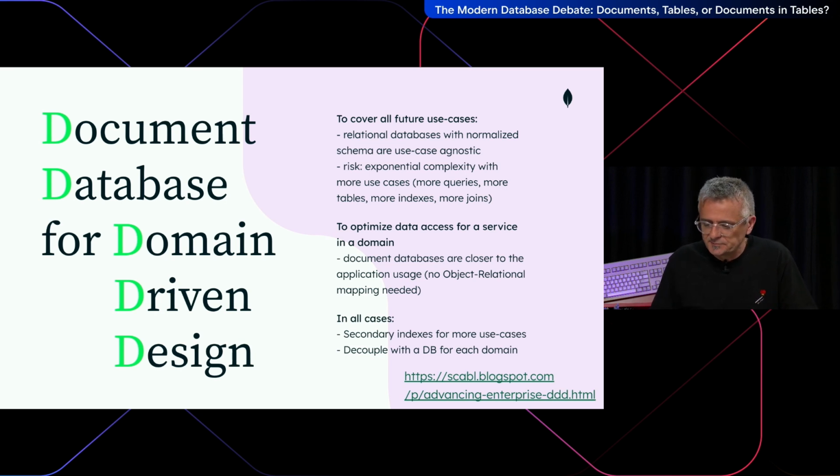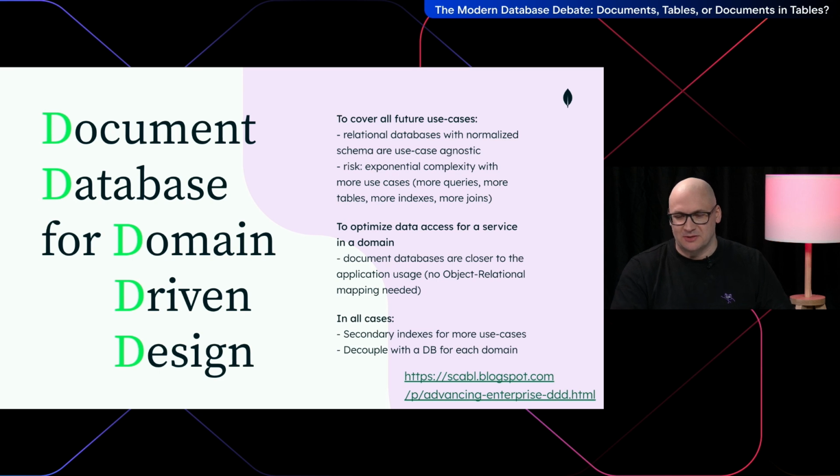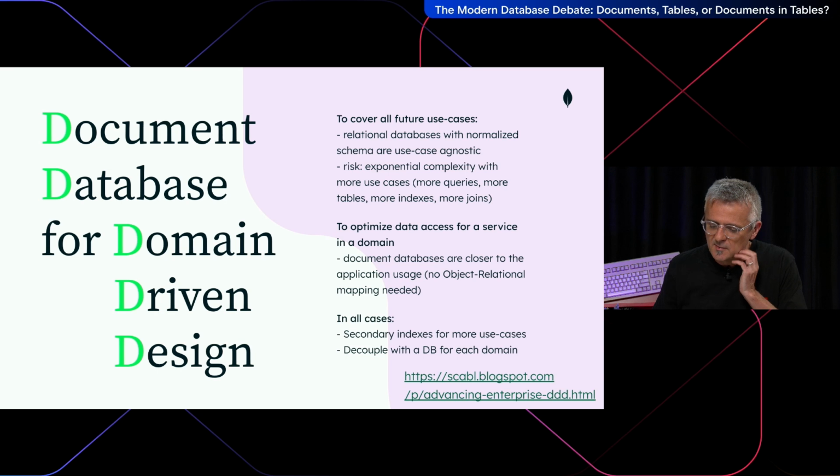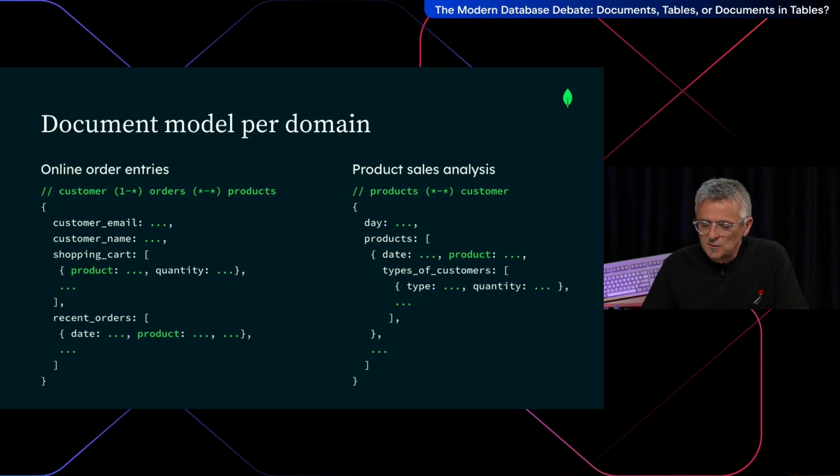just store the documents as they come in the domain. Interestingly, we have a comment in the chat exactly about this. It popped up a few minutes ago that in DDD terminology, you would have one document type per aggregate. Yes. Yeah. Pretty much. So that answers the question about references and what to embed. Think about the aggregates. Very good remark there.